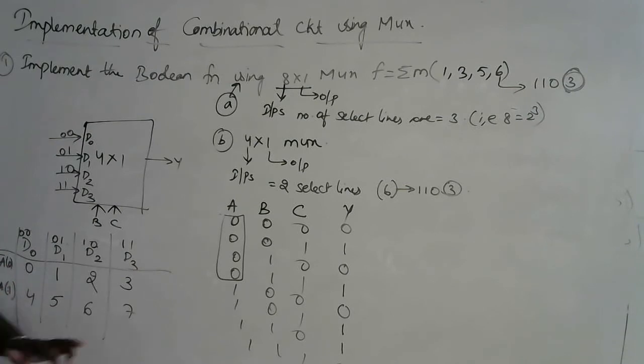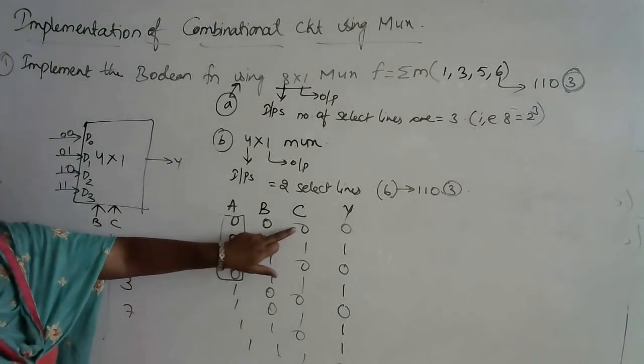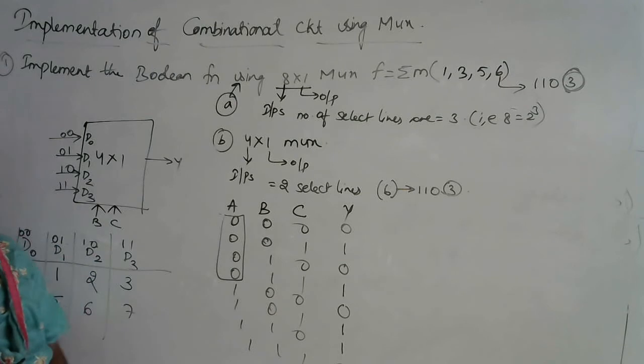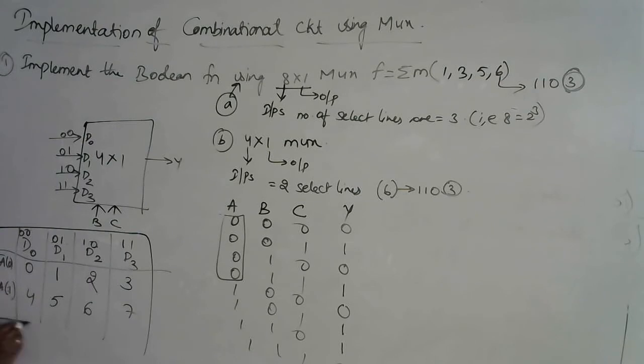If it is C as the input, observe here we are having 0, 1, 0, 1, 0, 1, 0, 1. Don't get confused. Just remember always take the MSB bit as input. That is better. Now after writing this tabular column, whichever numbers are in the given question, just round off those. The numbers are 1, 3, 5, 6. Just circle the numbers which are there in the given question.